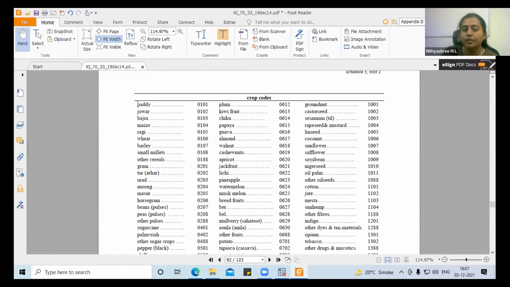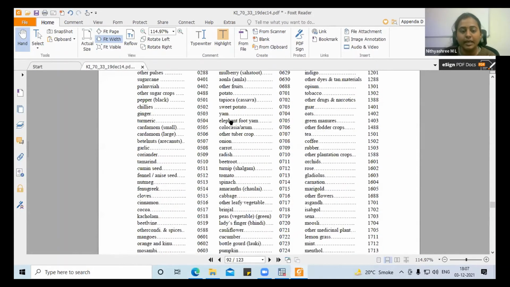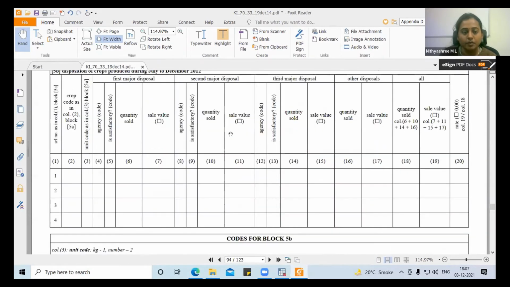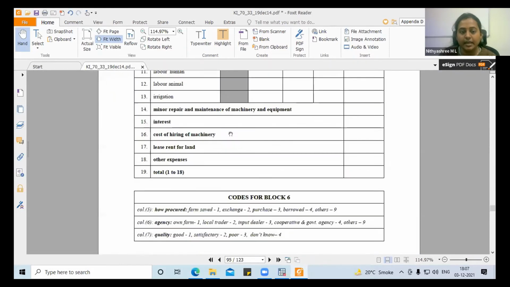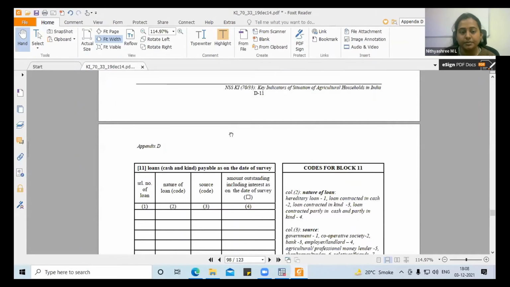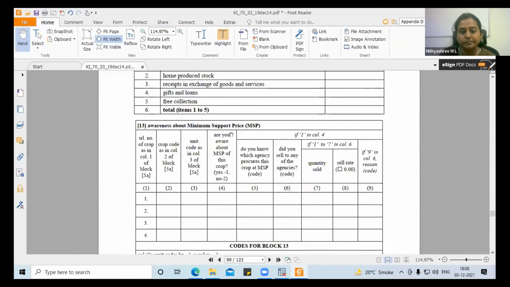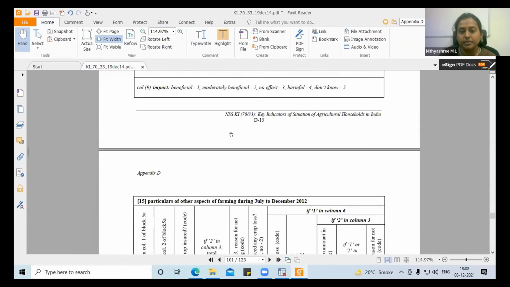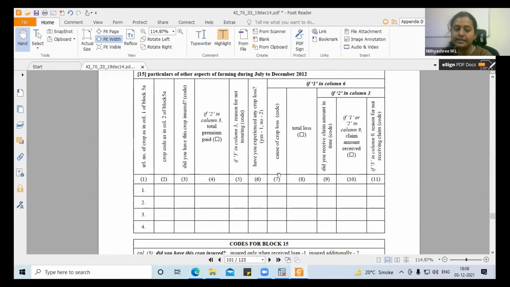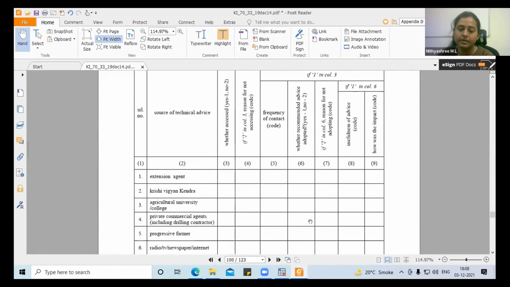If you want to know paddy, then you need to find the code, that is 0101. Likewise, if you go on, this is the 7th, the 8th, 9th, 11, 14, 15. The first one was kept as 0, so in total we have 17.